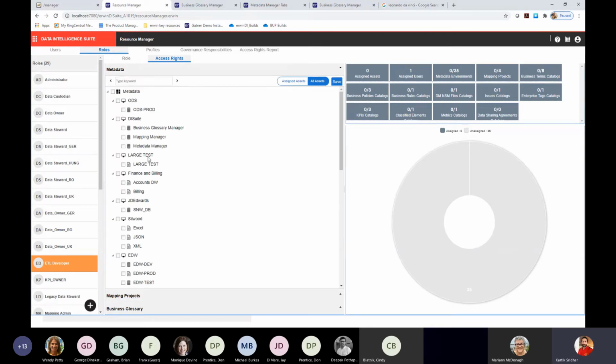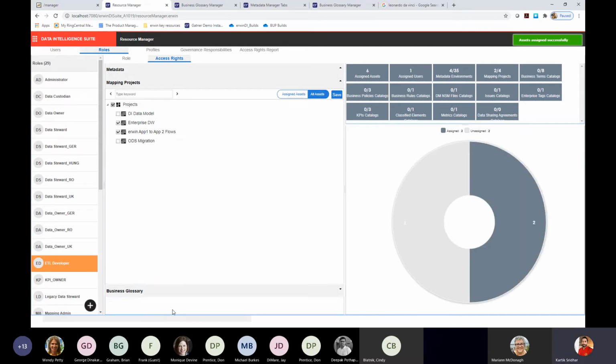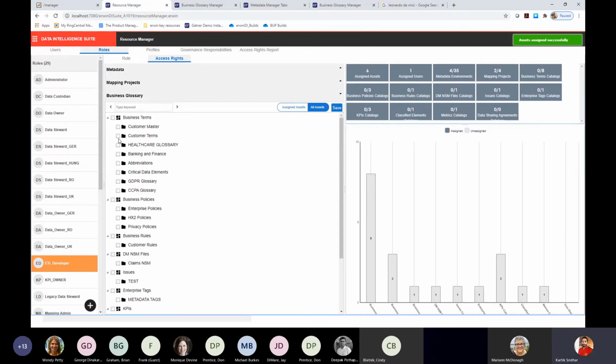So you'll just click on all assets, pick all the metadata environments that this role needs access to, pick all the mapping projects that this role needs access to, and then pick all the glossary catalogs that this role needs access to. So you can pretty much do all your assignments directly from one screen over here.